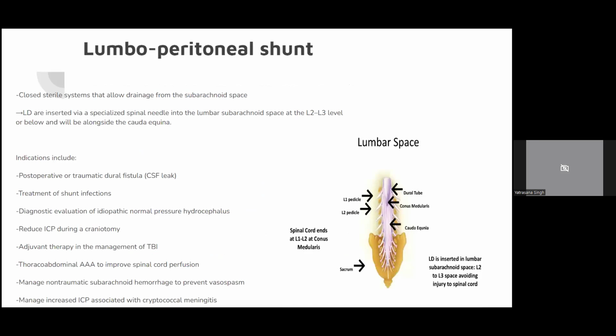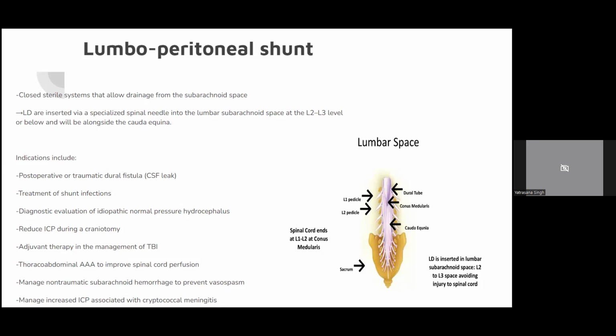Briefly mention the lumboperitoneal shunt, which is a closed sterile system to allow drainage from the subarachnoid space. The drain is inserted via a specialized spinal needle into the subarachnoid space at the L2, L3 level, as seen in the picture, or below, and it will be alongside the cauda equina. It is indicated for postoperative or traumatic dural fistula or CSF leak, in the treatment of shunt infections where the ventriculopleural or atrial shunts cannot be done,